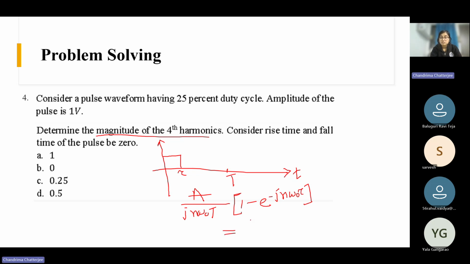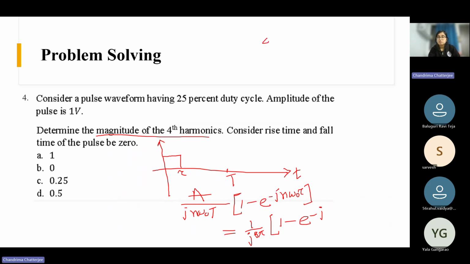A is 1. So 1 by j, n equal to 4, because we need to find out the magnitude of the fourth harmonic. j 8 pi, 1 minus e to the power. Here we have 4, then 2 pi, that is 8 pi. And tau by T is 1 by 4. So e to the power minus j,